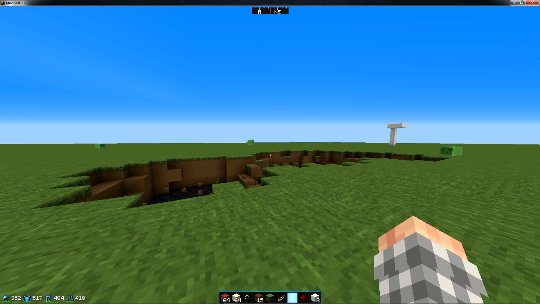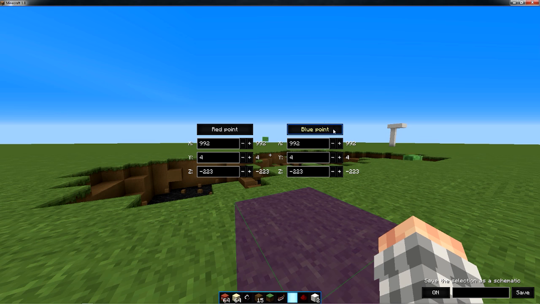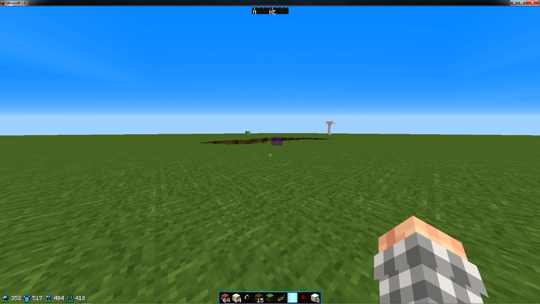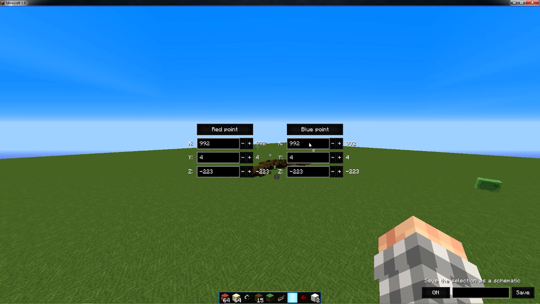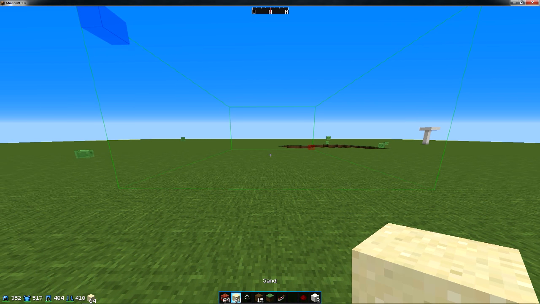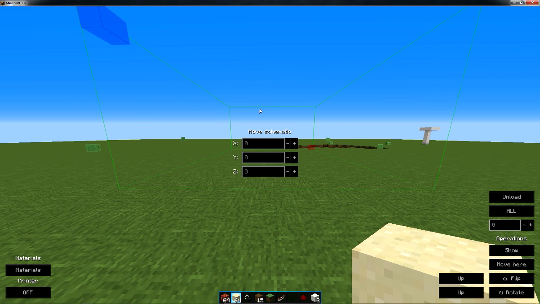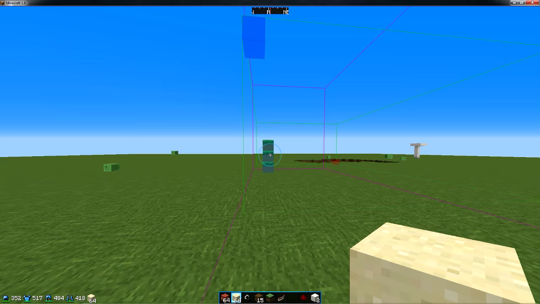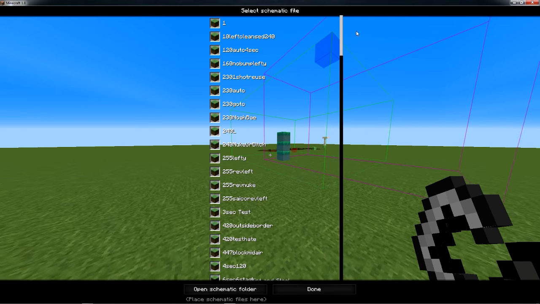If I hit the multiply, here's where we can save schematicas using this little feature. So if we had a cannon built, we'd just select it like that, type in a name, 1, 2, 3, and then hit save. And that would save everything in that box, which is super awesome because you can make a cannon, you can save it, and then when you hit subtract, or sorry, divide, you can select it, load it in. I did that earlier, that's just a dirt block.